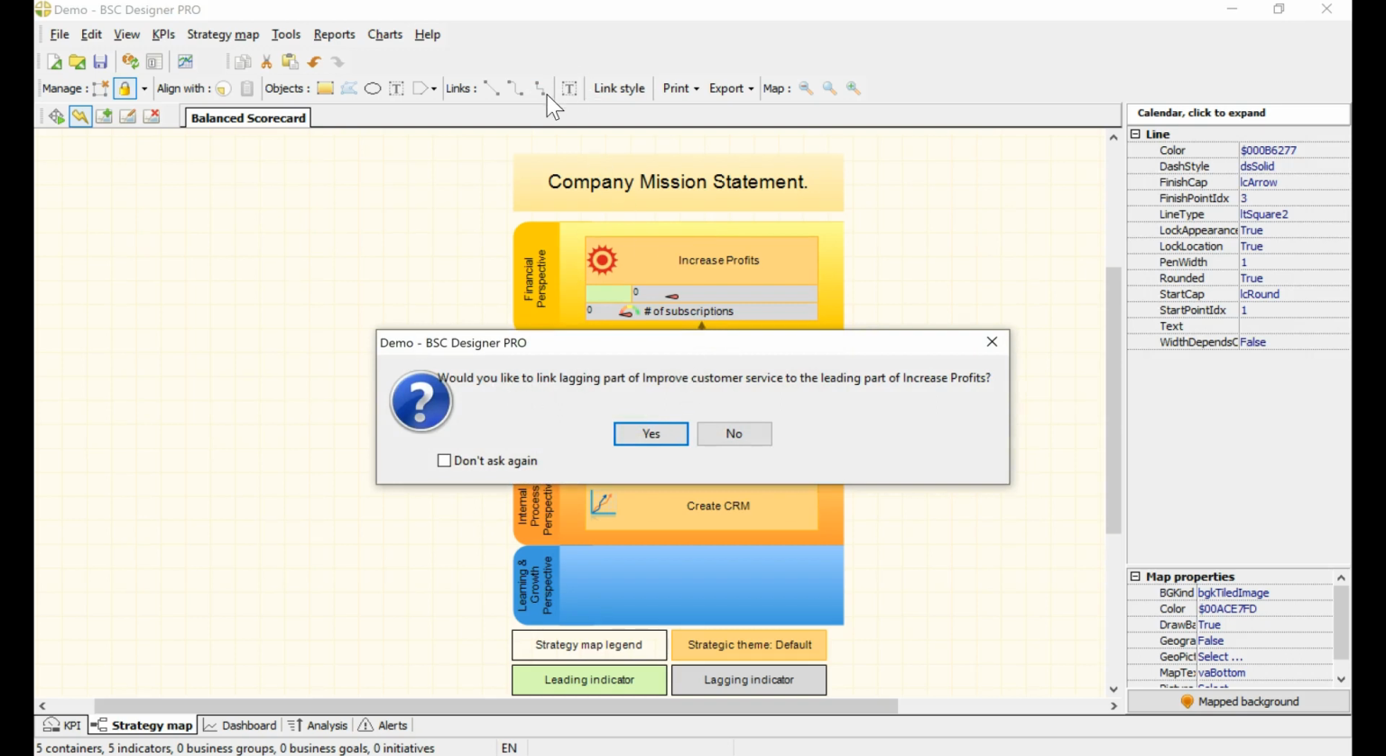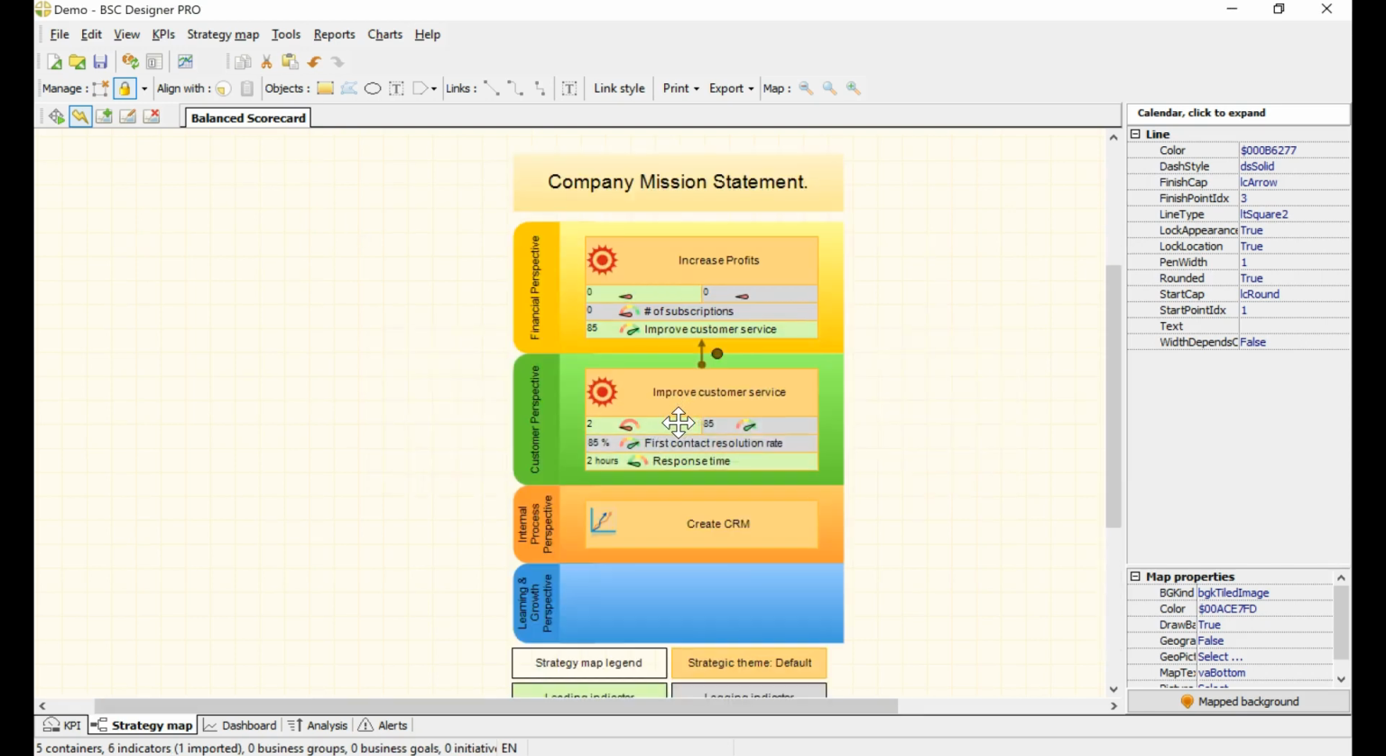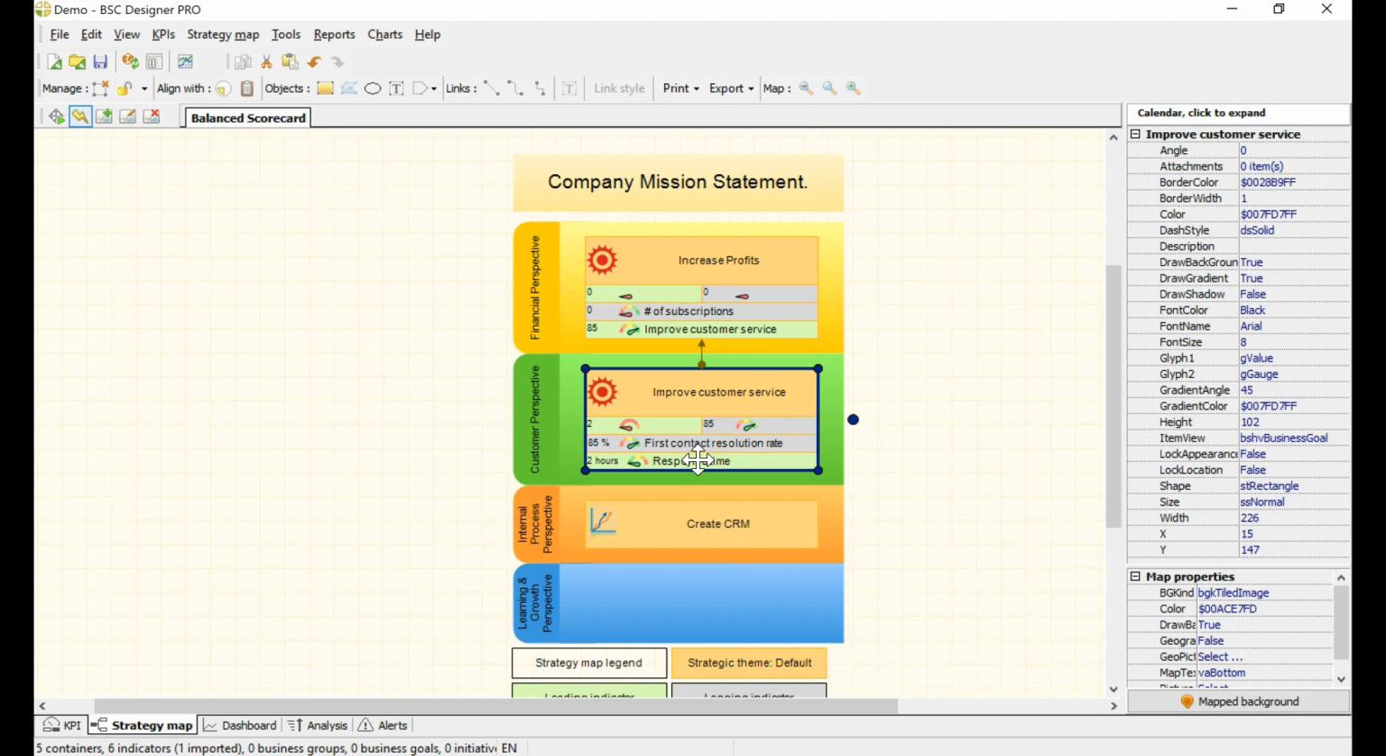When I do so, when I link these indicators, the software will ask me, would you like to link the lagging part of improve customer service to the leading part of increased profits? I will agree and I will comment on what it means. So basically this goal has two indicators. One is leading, that tells us how efficient were our actions in terms of improving customer service. And the first contact resolution rate basically validates the result. So if the response is faster,